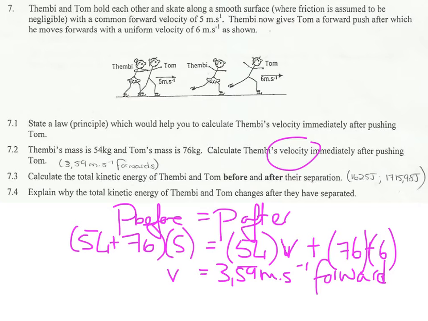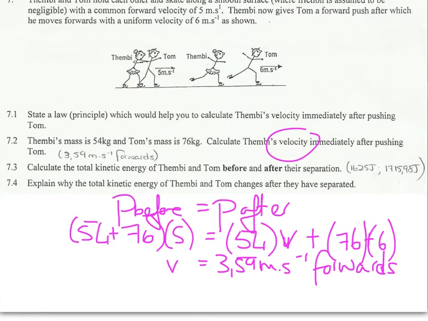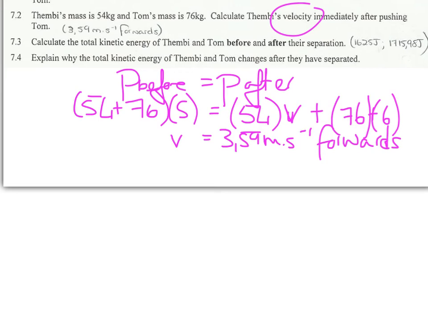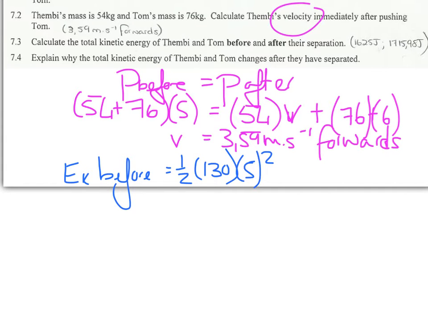Now they want the total kinetic energy of both before and after that separation. So let's work that out. From that, we're obviously going to have to decide whether we were able to conserve kinetic energy or not. So the EK before is equal to a half of the mass of the two together times the velocity squared, and after it's equal to a half of both their velocities separately